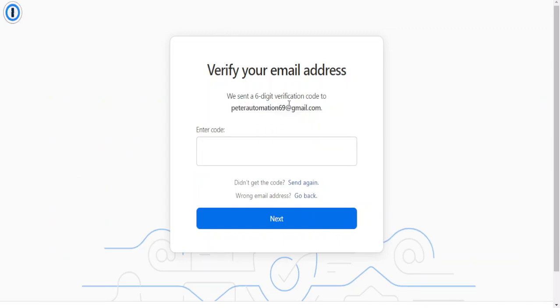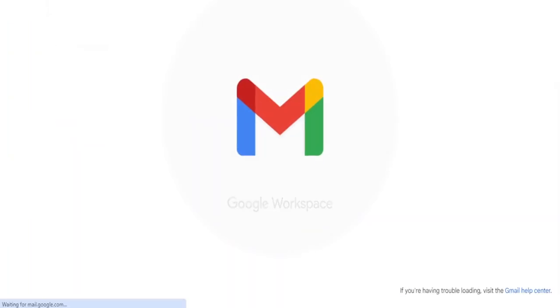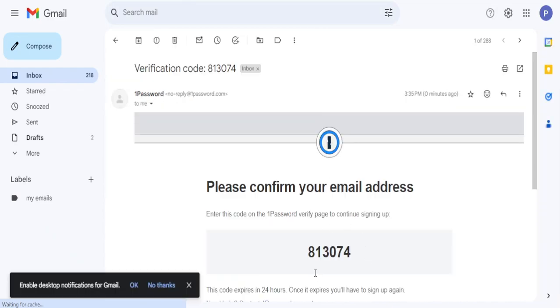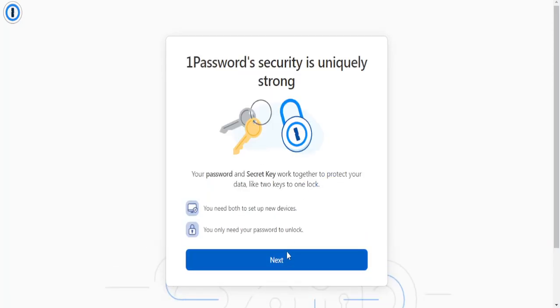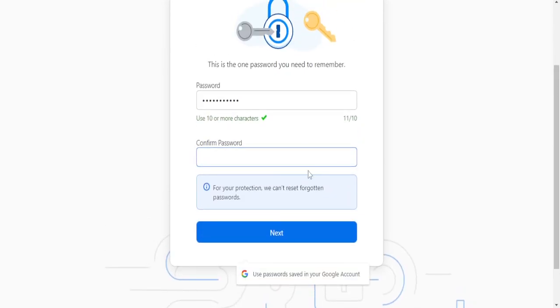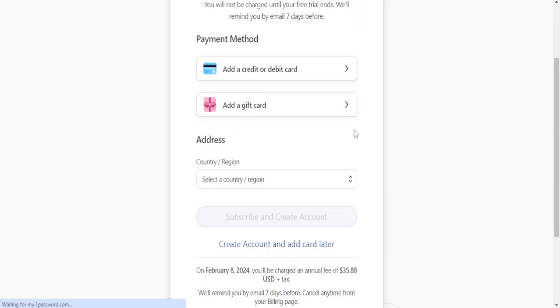So after that, you'll receive an email in your mail account. So here we just go into the site, copy the codes, and then just enter. So now we have to set a password. Make sure your password is strong, guys, like mine. It should be more than 10 characters. Okay, so after that